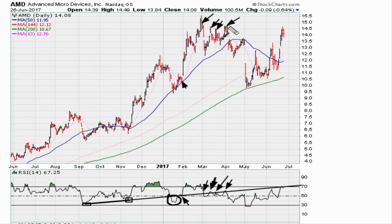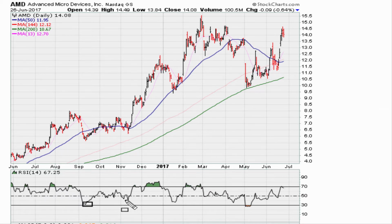Even over the last couple of days it stalled when trying to move above the 14.50 level. So we can clearly see that if the stock is to do well, it needs to trade above the line extension that goes back to the lows of here and here. And for some reason, which I can't explain, to be honest, the stock seems to know that there's a line going back all the way to last year. So clearly, if the stock is to do well, it needs to clear that line